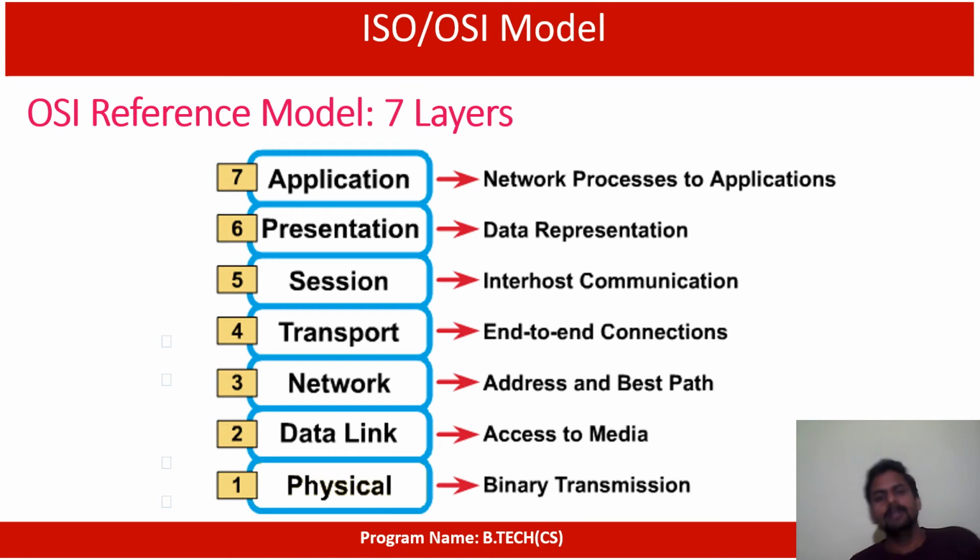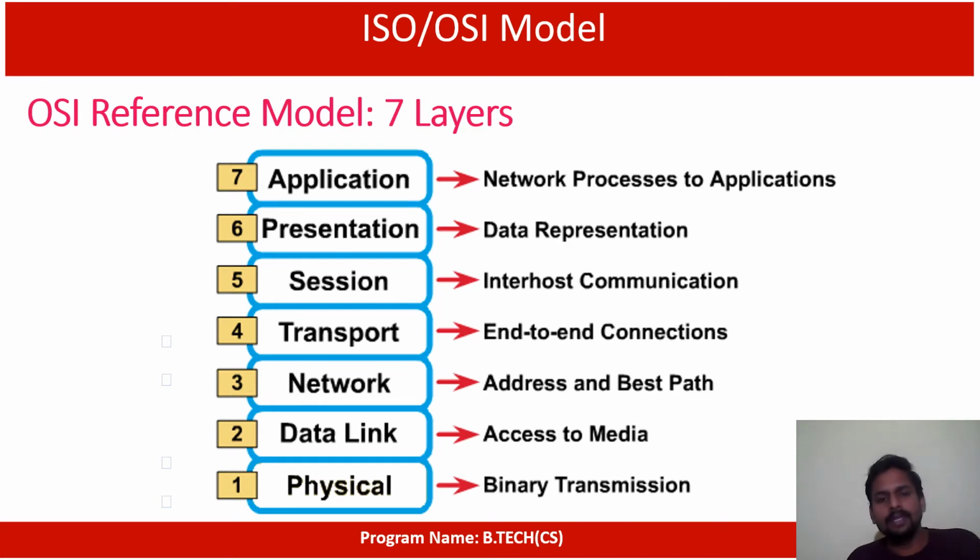Right. So here you see, in this OSI model, we have 7 layers. I told you, right? At each and every level we have some specific functions. That level is called a layer. In the same way, here we have 7 different levels of functions in the network, and these levels are considered as 7 different layers.